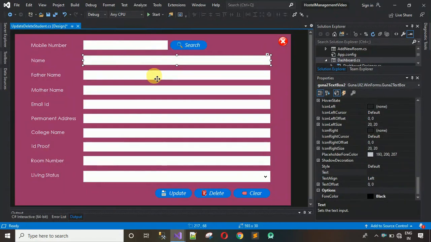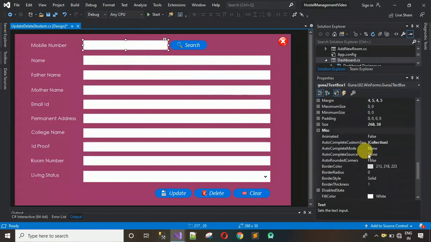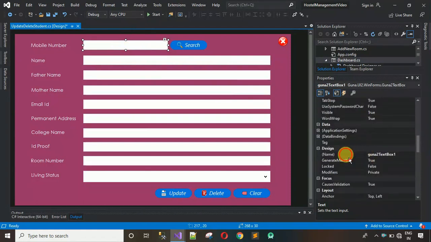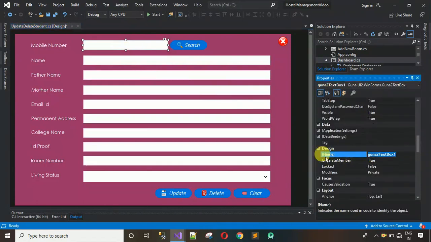So let me do that first. Just click on this, change the design name for this one. So search for name, where it is, here we go. Change this one to txt mobile, hit enter. This one to txt name, this one to txt father, this one to txt mother,